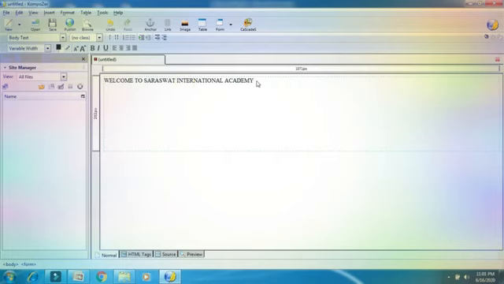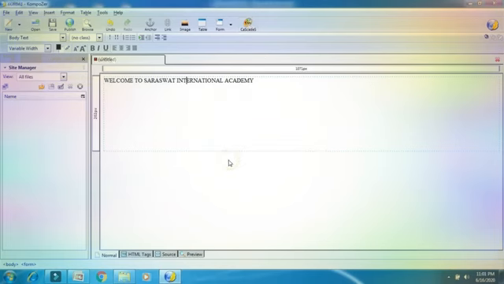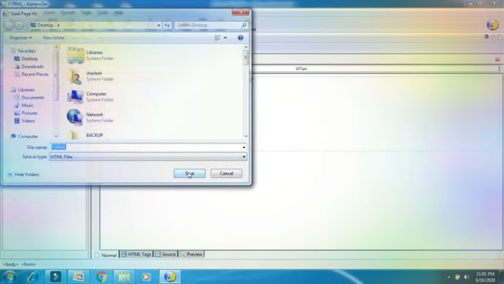So for that I have to use CSS. For using CSS I have to go to the composition toolbar. This is your composition toolbar, student. Inside that you have to choose the option Cascade CSS editor, that is cascading style sheet, and for page title I am writing form 1. Okay, and I am saving this page as form 1. So I will press the save button.